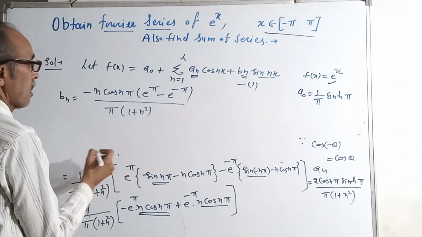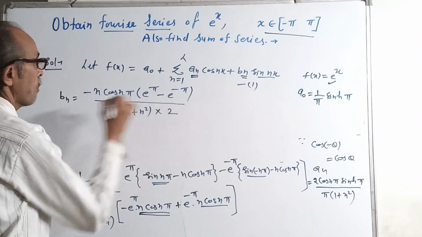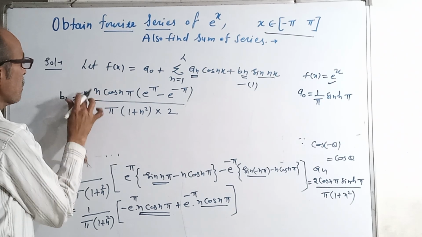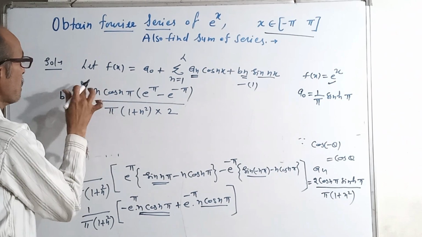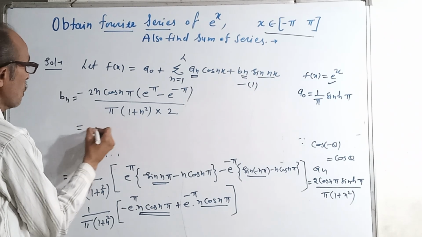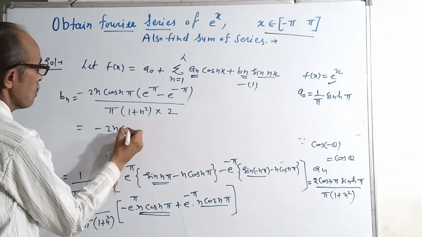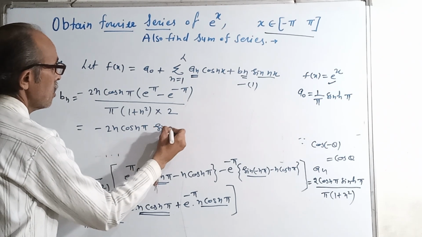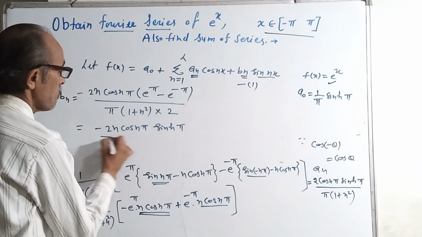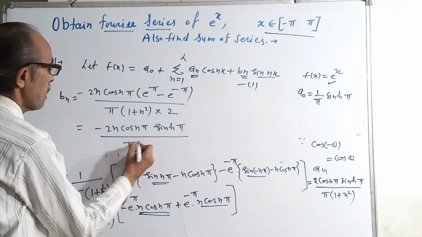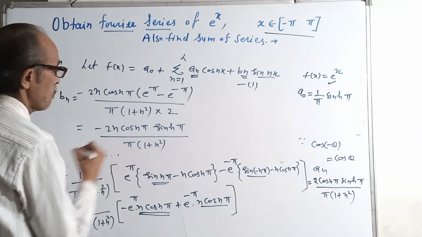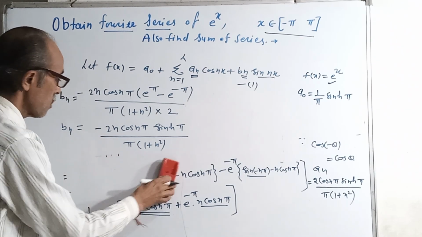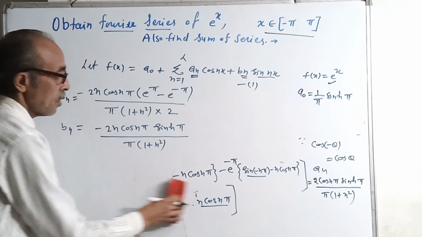Again we multiply by 2 and divide by 2 here. Then bn is equal to minus 2n cos(n pi) sinh(pi) divided by pi times (1 plus n squared). This is the bn coefficient. And now the Fourier series is,